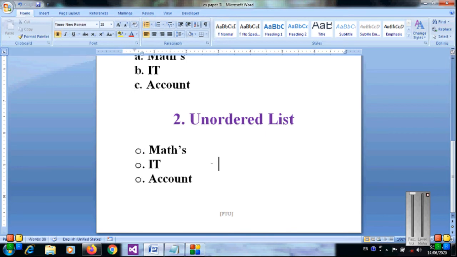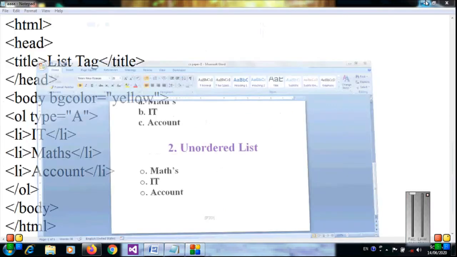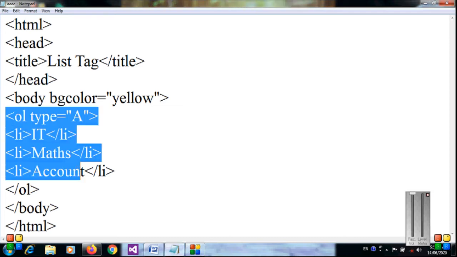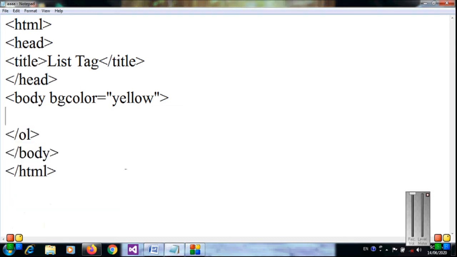Okay, that's why it's called an unordered list. So here we're going to see the example of unordered list. I have already created one file. Now I am going to make changes in that file.